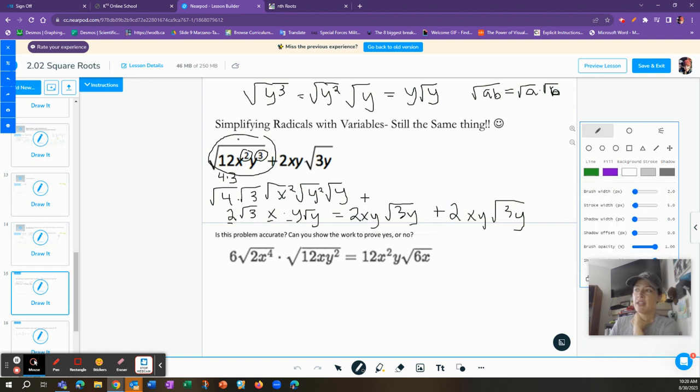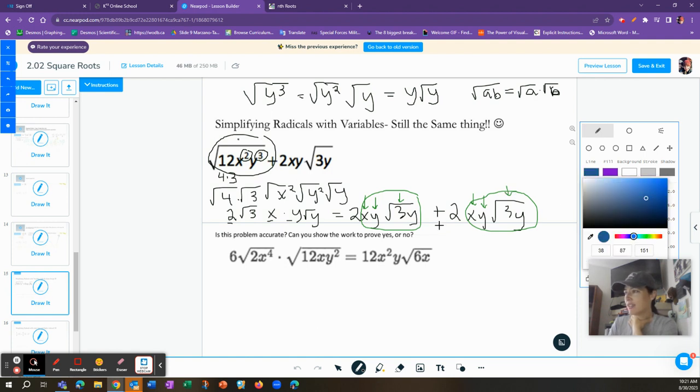They're like terms because they have xy root 3y. When that happens, the variable part and the radical part, they're the same. Because they're exactly the same,